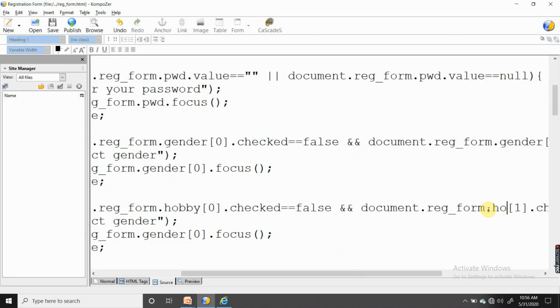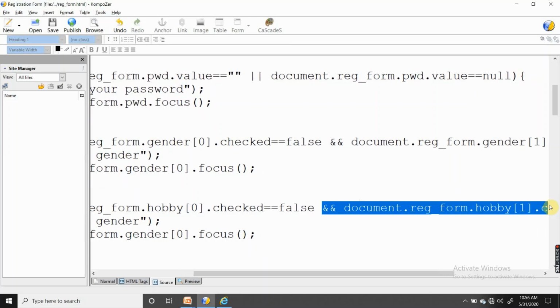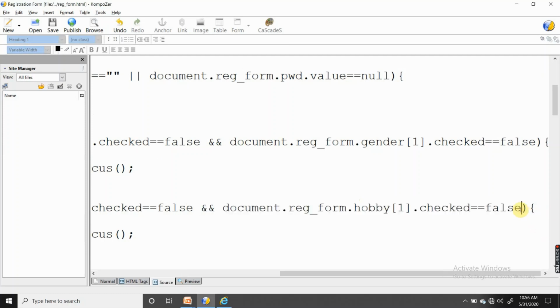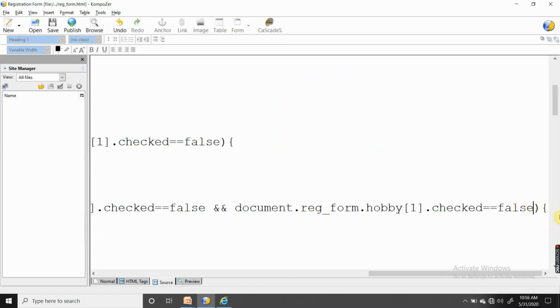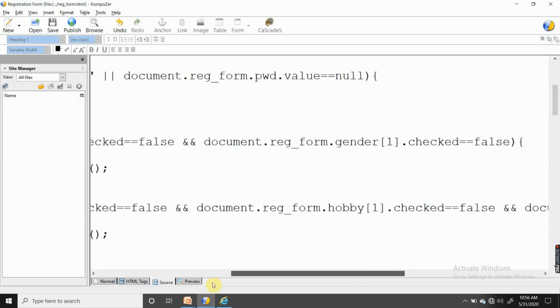So again I will copy paste this thing for element 2. Here we have to change the number. So for all 3 options I have done it.